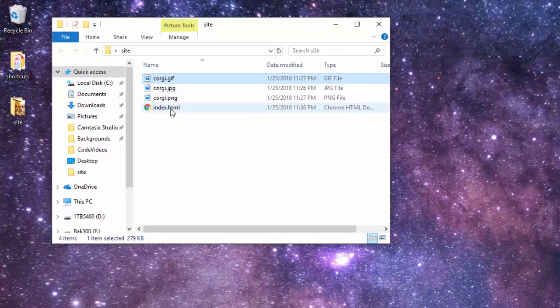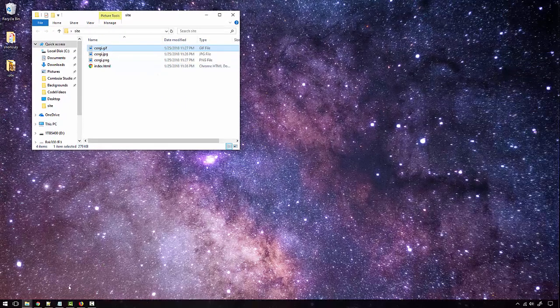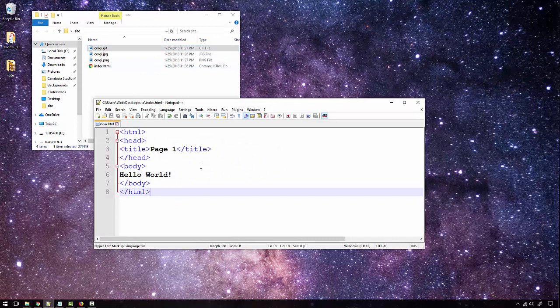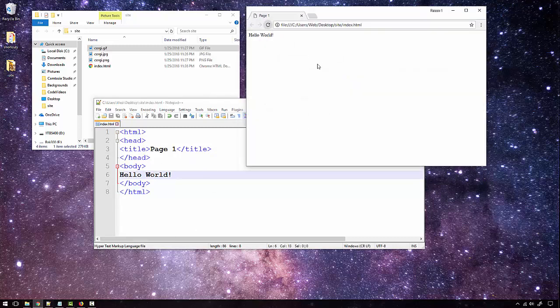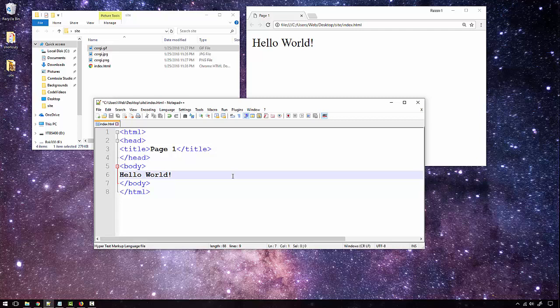I'm going to open up my HTML in Notepad++, and as you can see, we have just a title and a hello world in the body. Let's see what the page looks like right now. Okay, so I want to add an image right below hello world, and to do that I'm going to first add a line break with the BR tag,